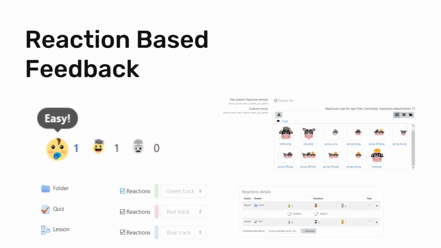The second plugin that we are suggesting is reaction-based feedback, which basically lets users react based on their module and on their courses. This gives them three different reactions from easy, moderate to hard, where the user can select the reaction and the instructor can know what their learners have been feeling throughout the course and design the course accordingly. Different avatars can also be implemented on the reaction so that users feel more connected with the system.